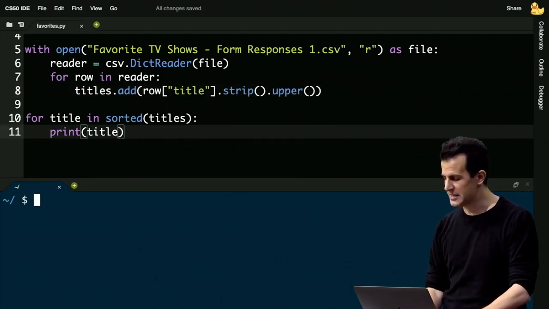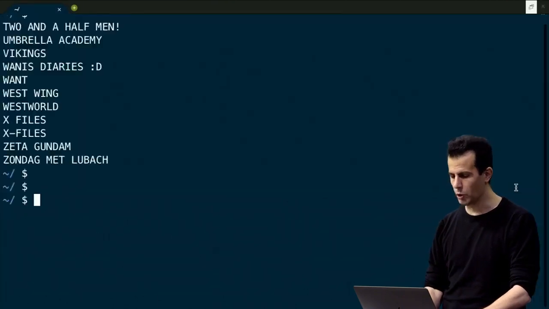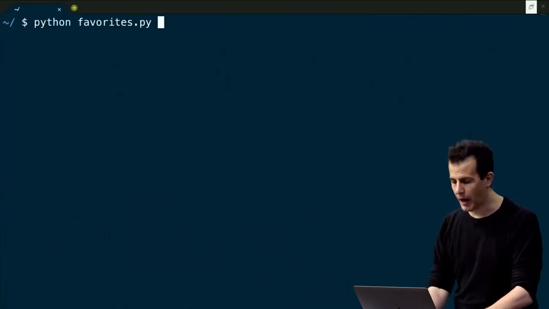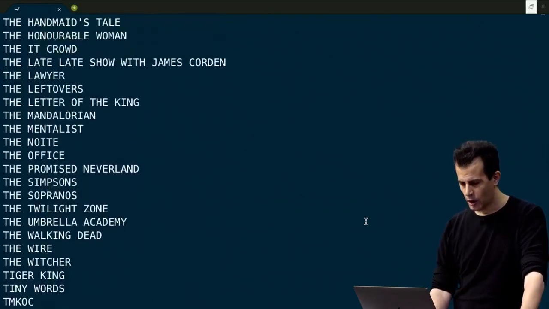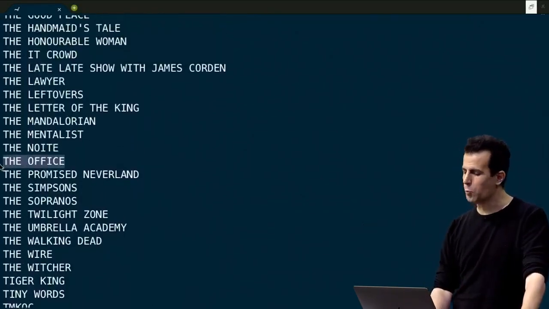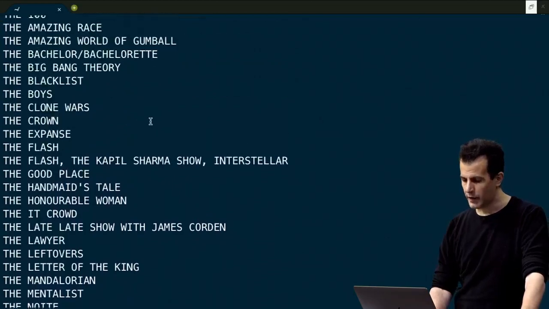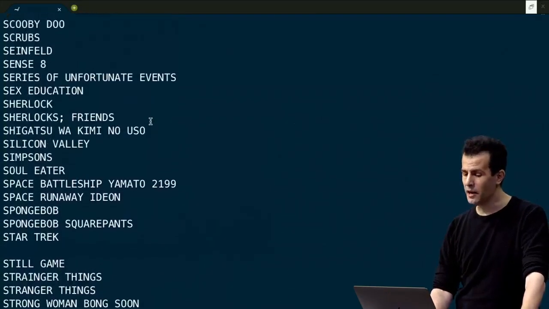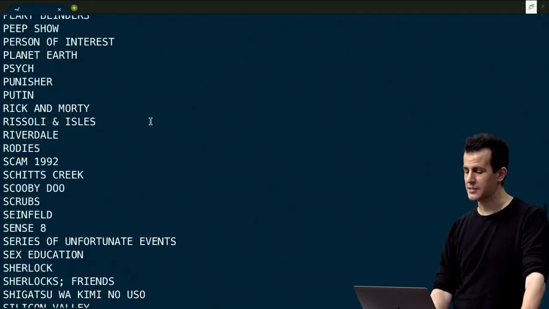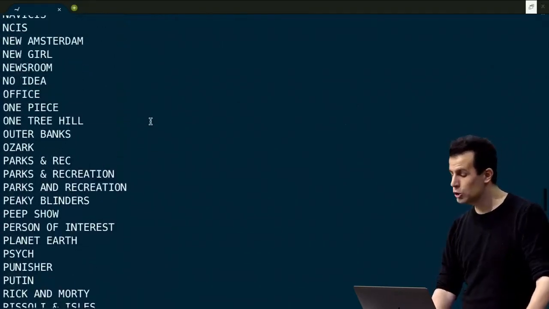Well, let me go ahead and run this again in my bigger terminal window. Python of favorites.py, voila, and scrolling up, up, up. I think we're in a better place. I only see one office now. And if I keep scrolling up and up and up, I'm seeing typos still, but nothing related to white space. And I think we have a much cleaner, unique list of